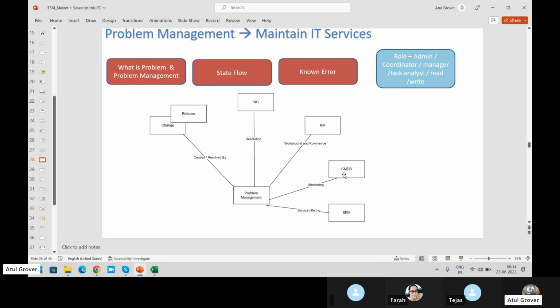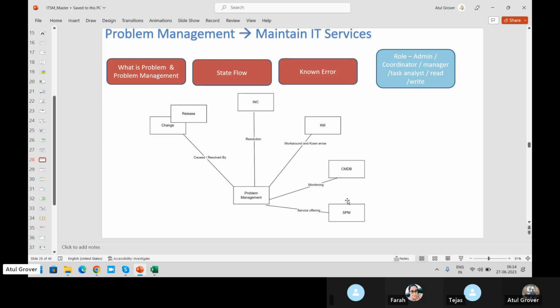So in short, these two are related with each other, indirectly, not directly. Okay, this is the concept, or I can say the touch points, of problem management.